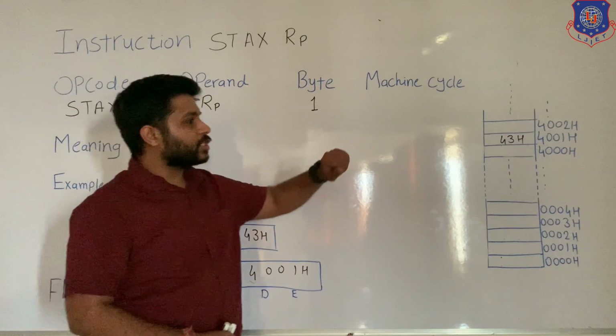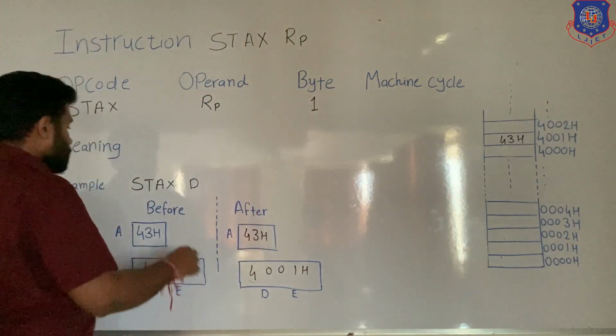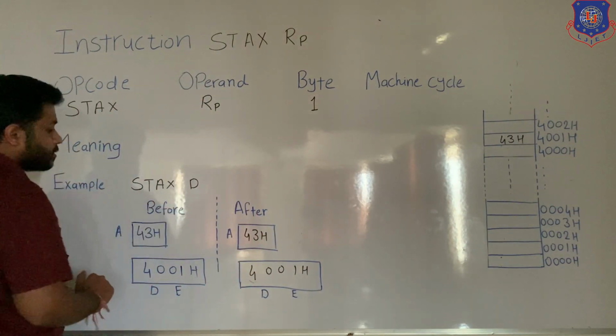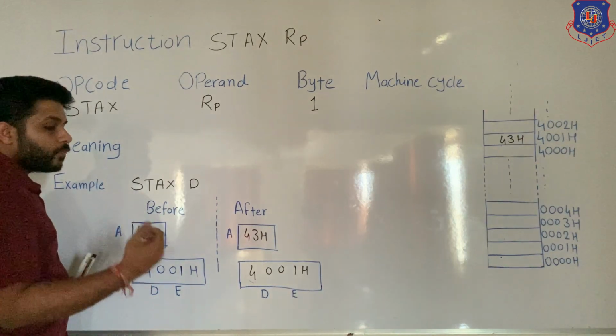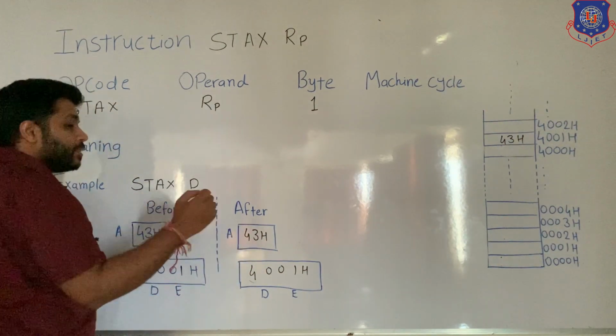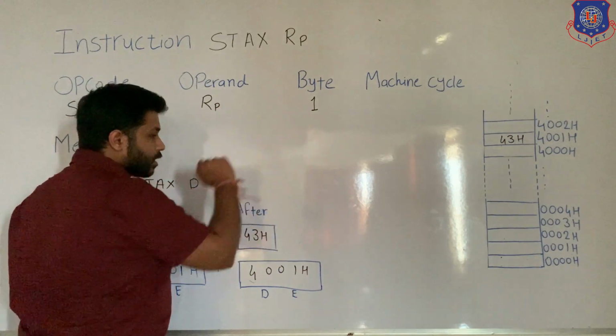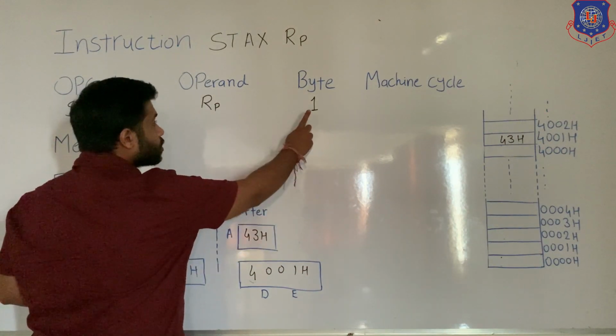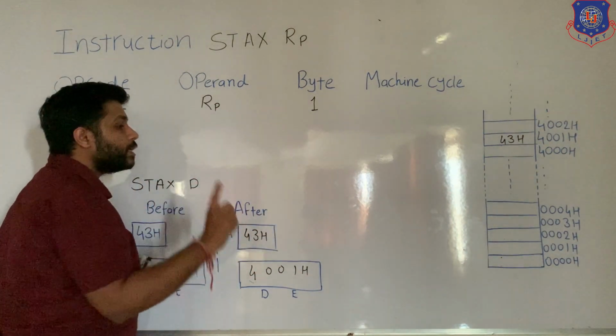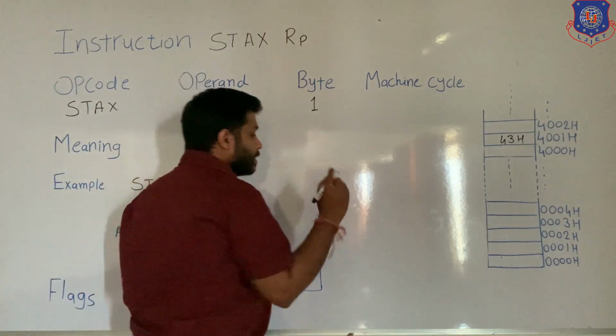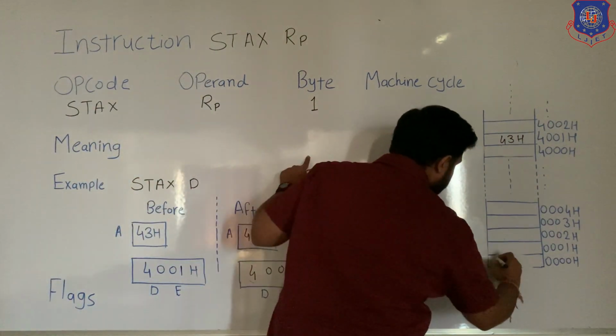Now let's see the machine cycle. This instruction STAX D is of 1 byte. So when you give this instruction, in the memory it will be stored from the starting location, and because this instruction is of 1 byte, it will occupy only one memory location. So in one location, this whole instruction,